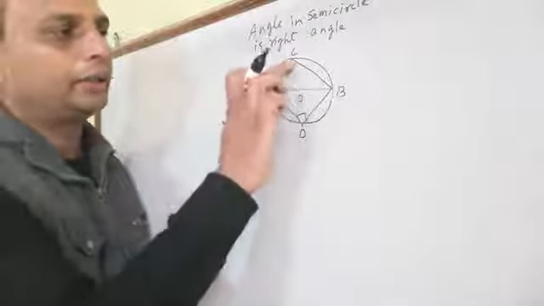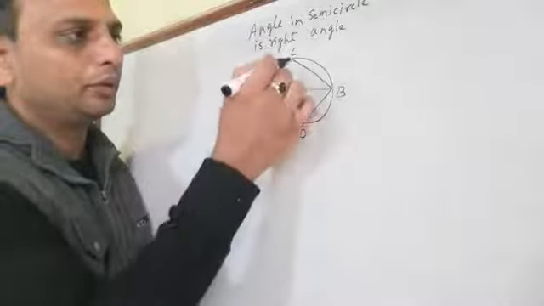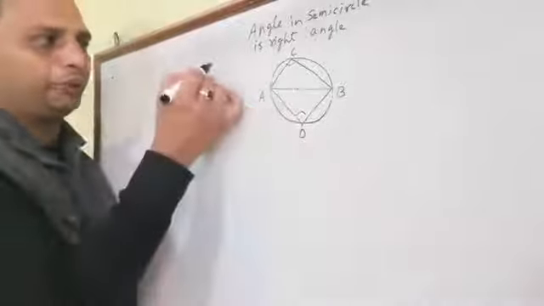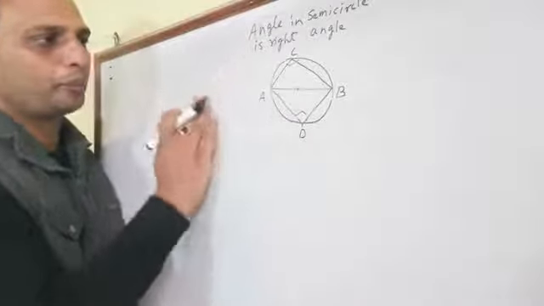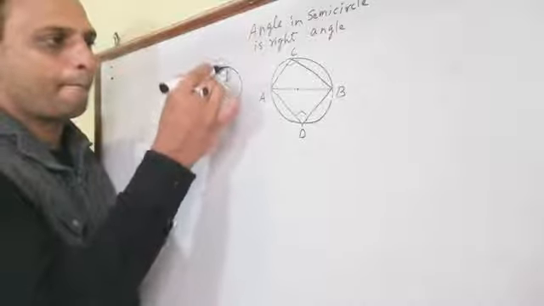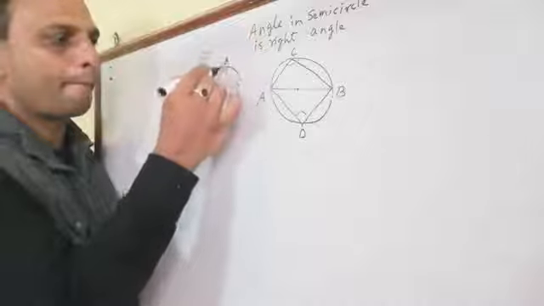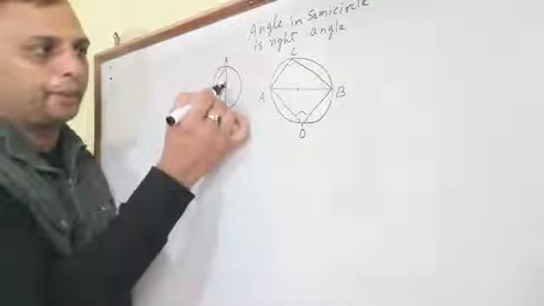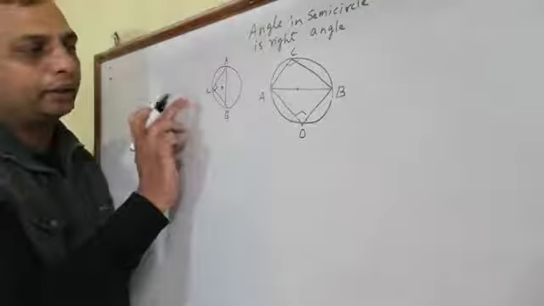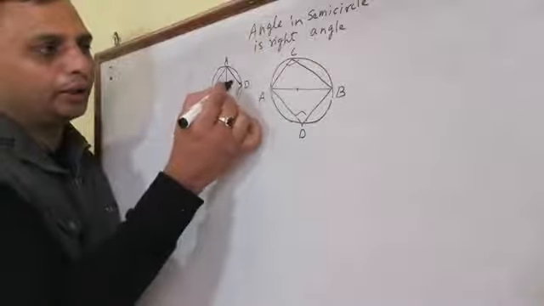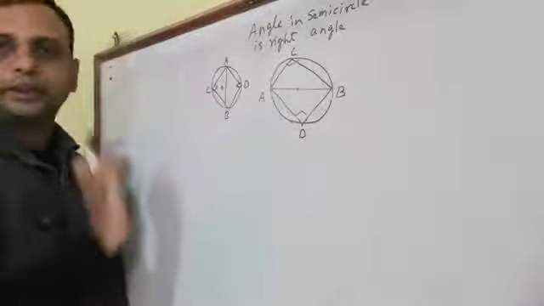Now after this, it doesn't mean we can form the diameter only on this side. This is also 90 degrees, because this AB is the diameter of the circle. Here also it will be 90 degrees. This is also angle in the semicircle. There should be one diameter and the angle should form on the circumference. This is also the angle in the semicircle, 90 degrees. So I hope you understood all three theorems.